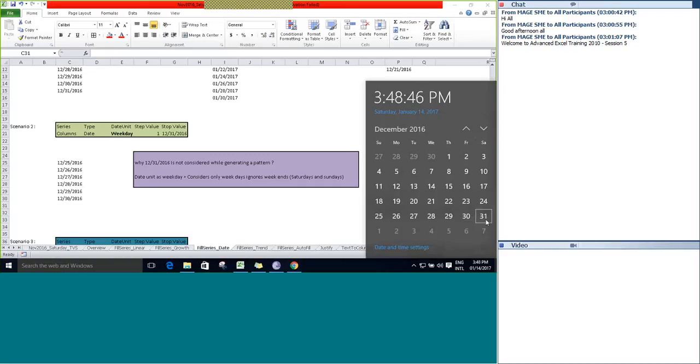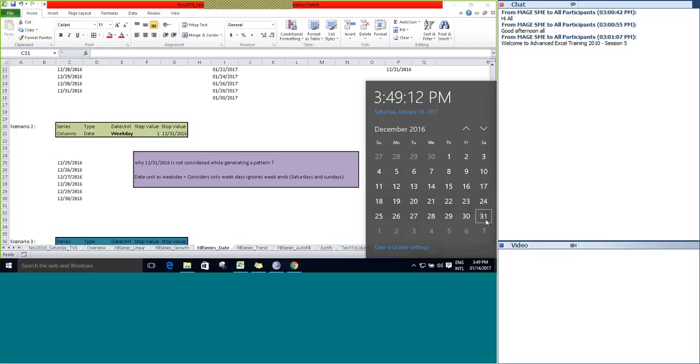So what happens when we use the date unit as a weekday? It starts generating a string pattern from Monday to Friday only. It will consider only the weekday. It won't consider the weekend. So Excel considers the weekday only, Monday to Friday.